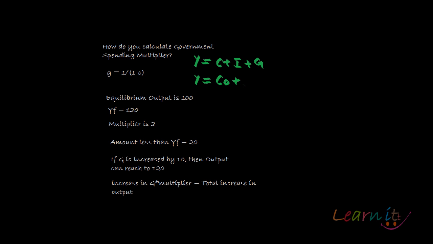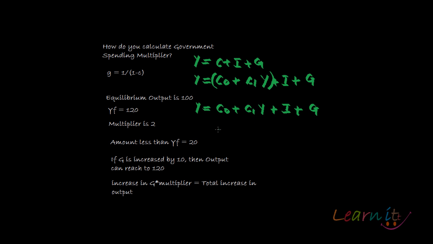C0 + C1 Y + I + G. So what I have done here is that I have written the form of the consumption function, where C0 is the autonomous consumption and C1 is the MPC. So what we can write is C0 + C1 Y + I